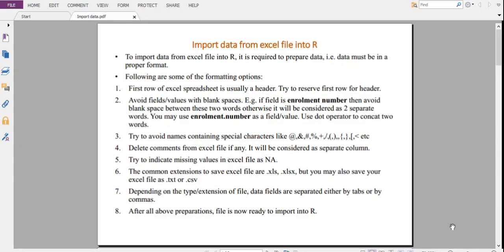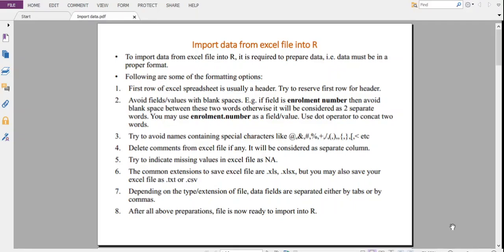Like if we want to give enrollment number as a caption to our header, and if we don't concatenate these two words by using any of the operators like dot or underscore, then after importing that file into our environment, enrollment number, these two words are treated as two separate columns of a single data frame, even though it is a single column in your input source file.